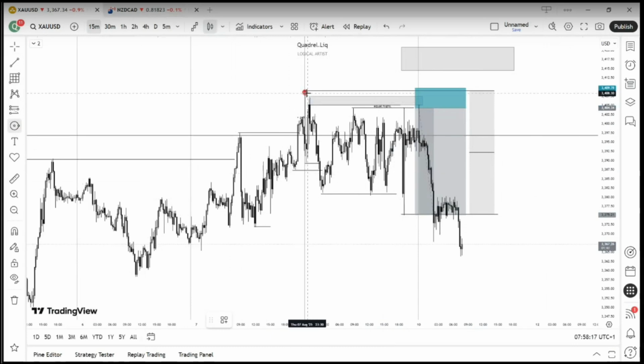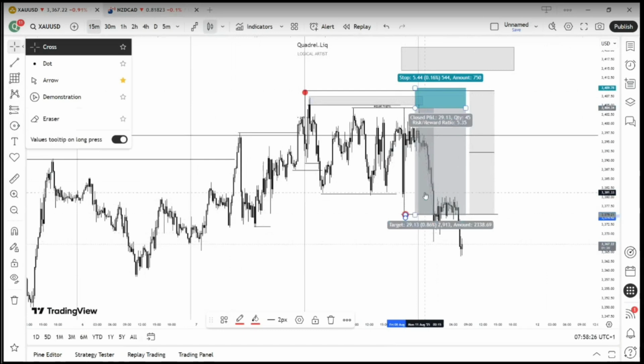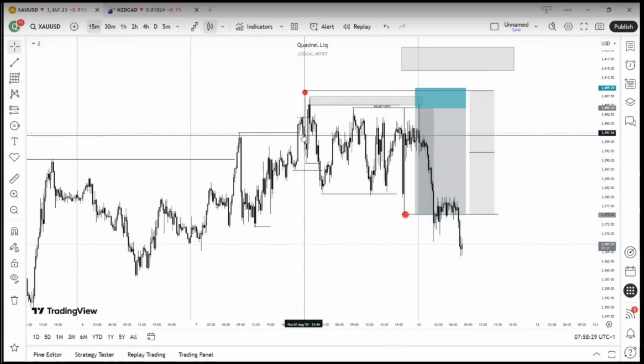price is referencing from this strong high to this weak low. So this being our first target, our second target should be any sort of internal structure between that same previous day high that was taken. So this previous day high that was taken, the internal structures available within that particular day, we have this low available, we have this low available, we also have this low available. So that should be our target. So in this case, my target was basically this low, because it's also confluencing with this relatively equal low right here. So let me just label it as